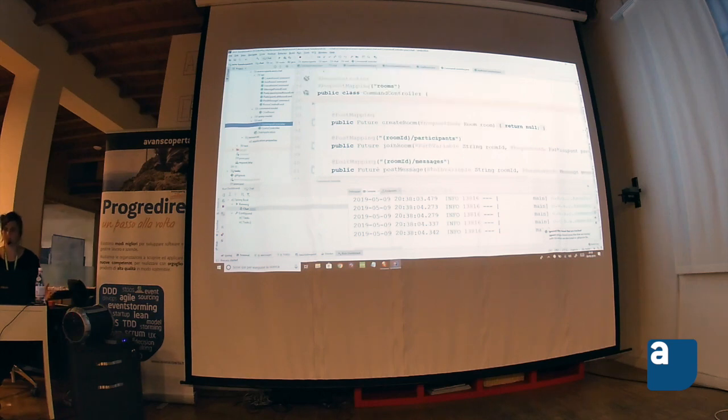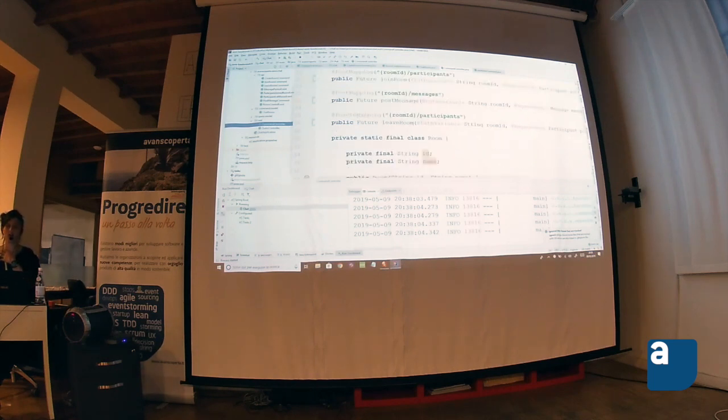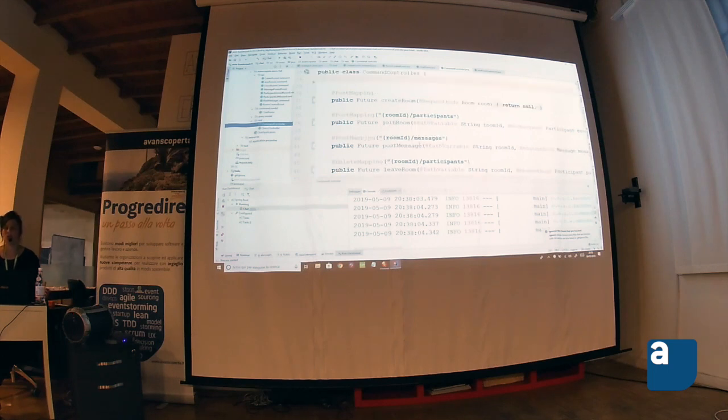This is simply a Spring REST controller that I created in order to send all the commands that we have. I prepared these 4 methods: this one is to create a room, this one to join the room, this is to post a message, and this is to leave the room. So how can I send commands to my components? I can do that with